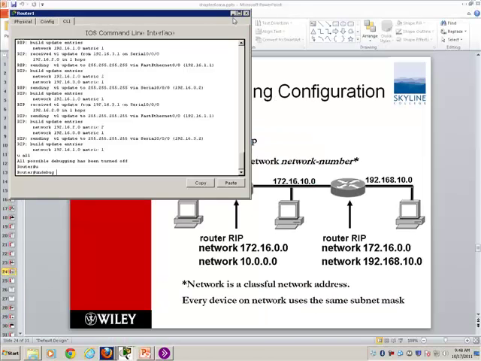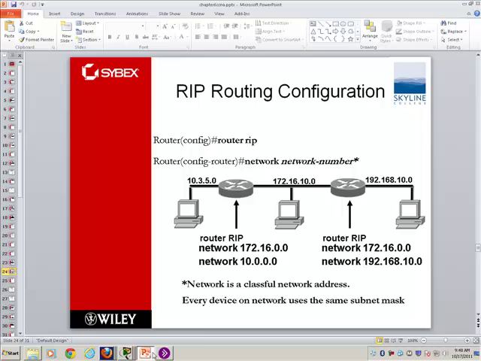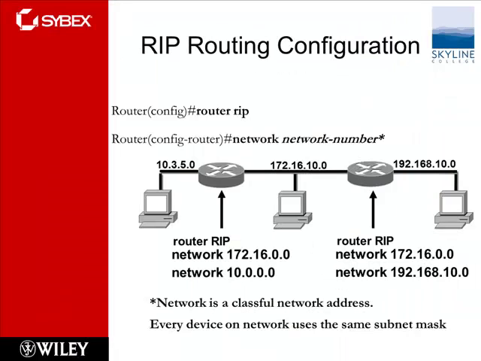Not a whole lot to that particular routing protocol. And that's what this slide's about, which we have looked at. Every device on the network uses the same subnet mask because it's classful. It uses the classful subnet mask. And back to the one I told you at 170, the 172.16, it used it for all those. If I used RIP with 172.16, could I have routed anything? Because everything would have the same subnet mask, would be the same network,